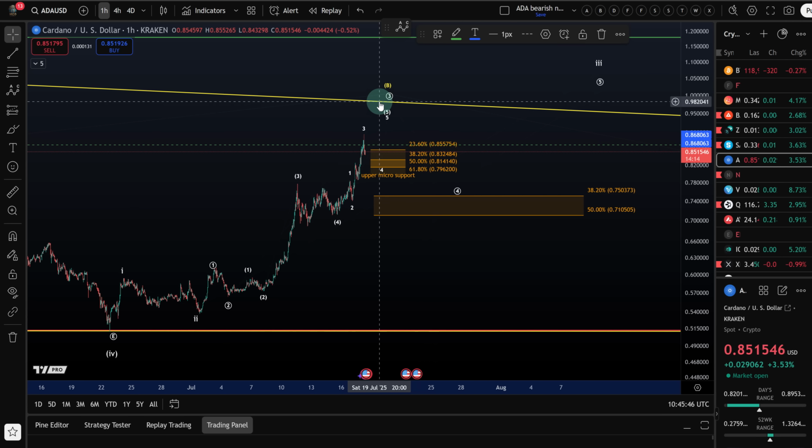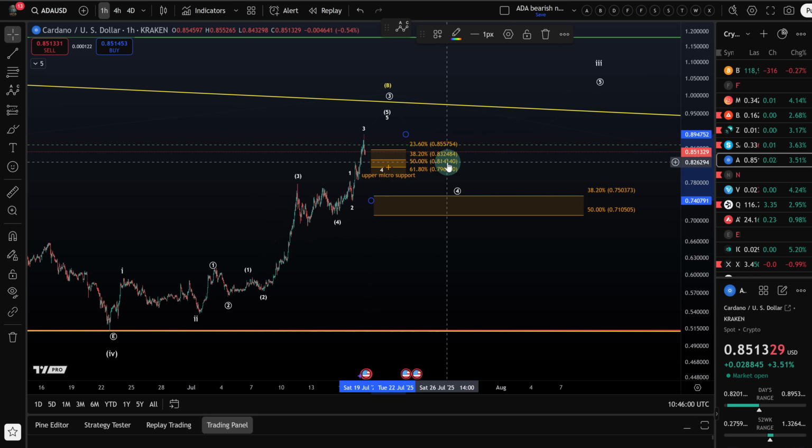This trend line I find quite relevant because it is just a descending trend line. We talked about that one on the larger time frame. For now, the local trend to the upside is still unfolding. There are two support areas that I'm tracking, one of which I call upper micro support. The upper micro support area is quite relevant because it is keeping the direct move